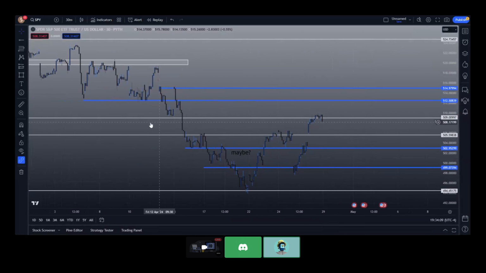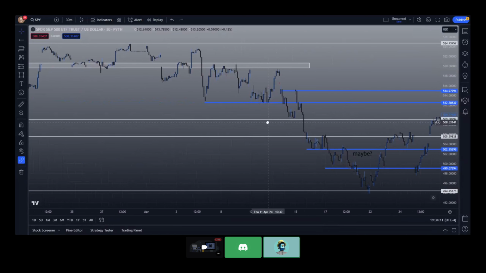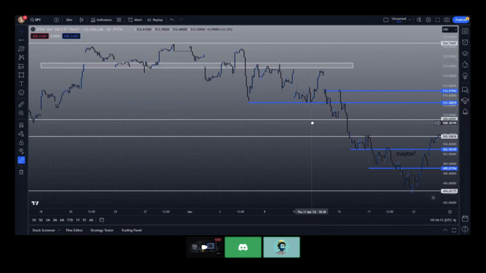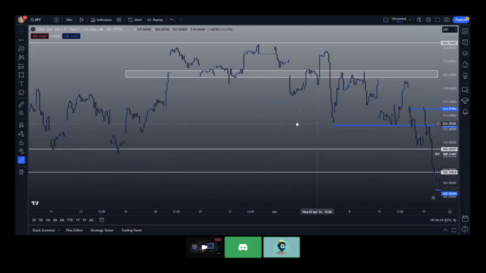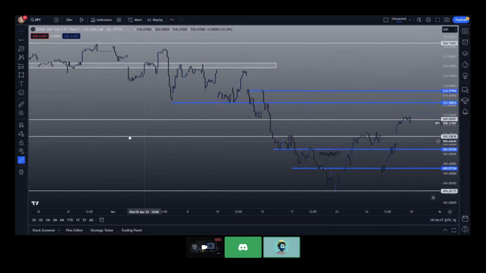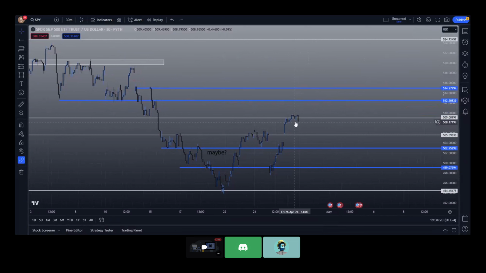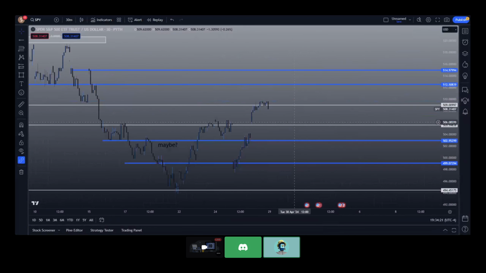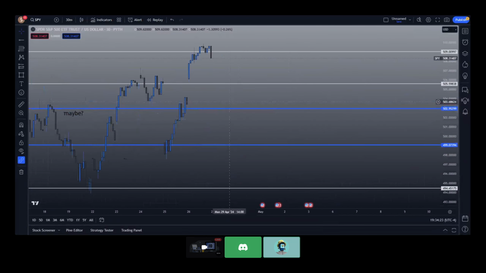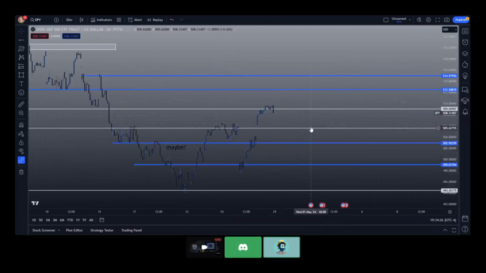But right now, say you want to trade tomorrow or on Monday, you might only need to worry about 512, 509, and 506. The likelihood that we're gonna touch anything outside of that is pretty low. So you might not need to have them on the chart for now. But say another day goes on, and depending on the price action, you might want to have it there, just so it doesn't feel like you have a bunch of lines on the chart. But at the end of the day, that's gonna keep happening